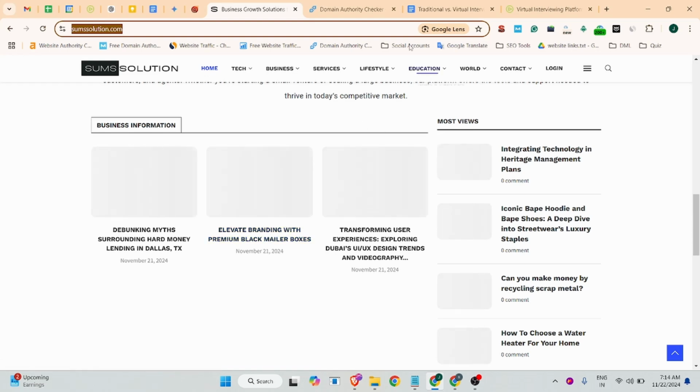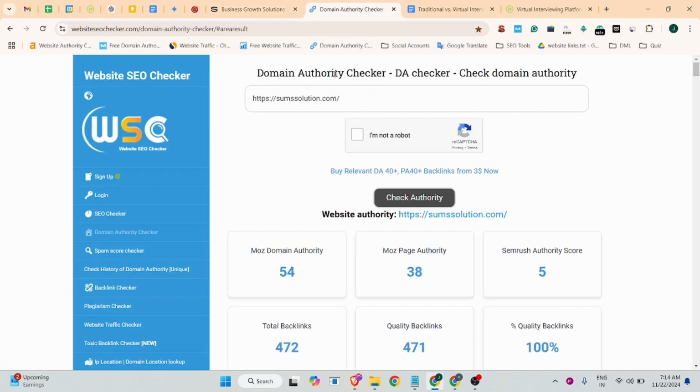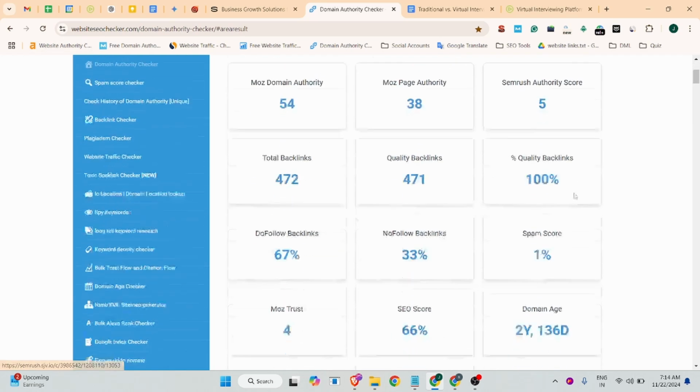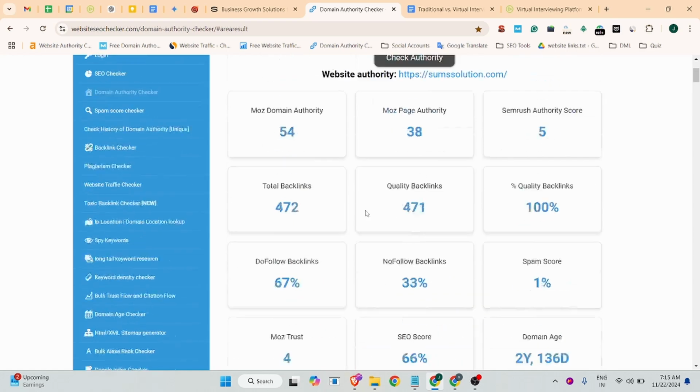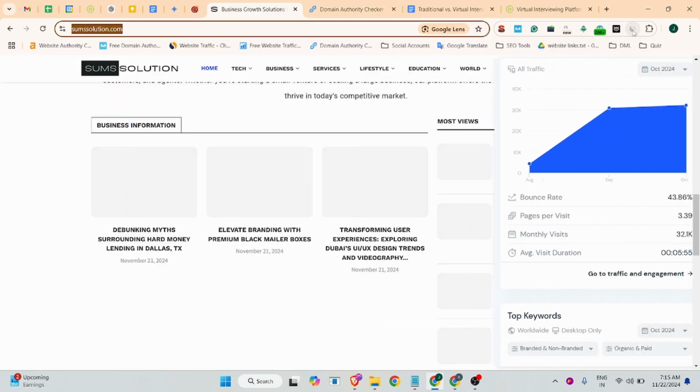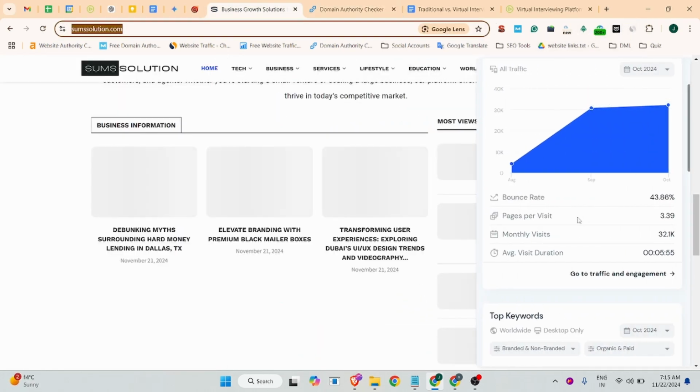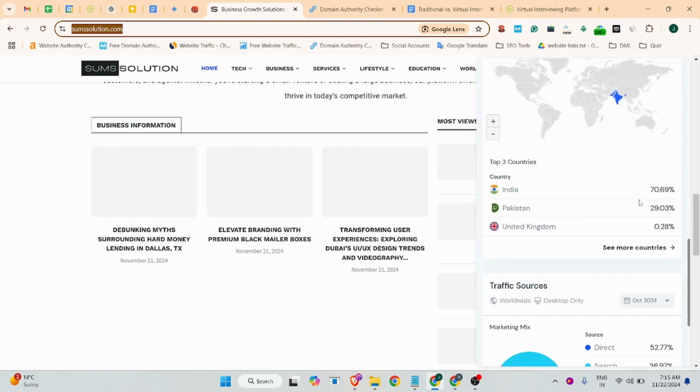Before we start, we can do some research about this site. According to a website SEO checker, the domain authority is 54 and the spam score is only 1%, and this website is 2.2 years old. According to SimilarWeb, this website has 32.1k monthly traffic, mostly from India, Pakistan, UK and other countries. If you want to increase crawlability, audience, traffic source, and brand building from those countries,